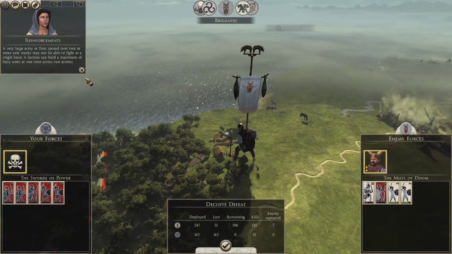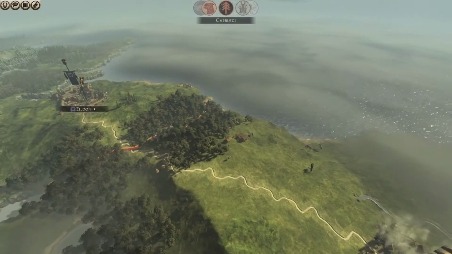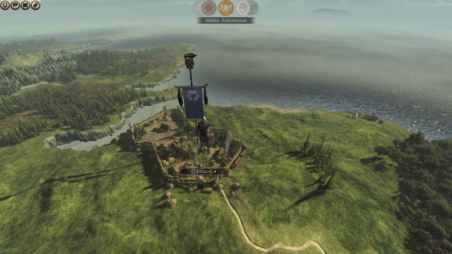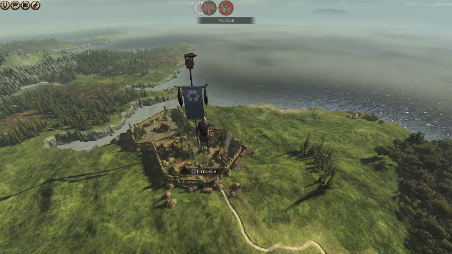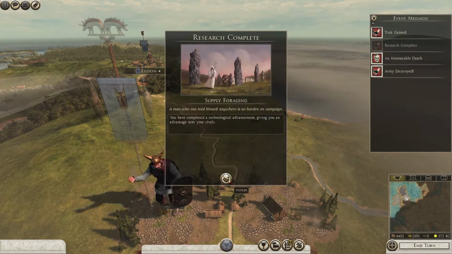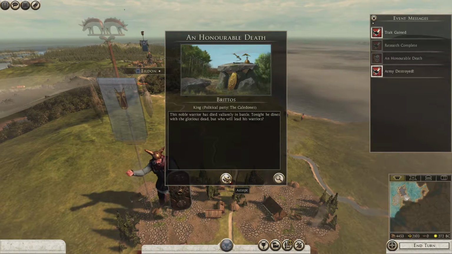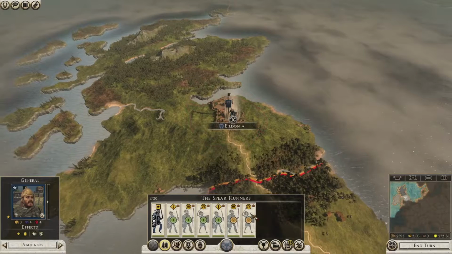Well, that's unfortunate. That's massively unfortunate. Right. Well, our king is dead. Long live the new king, whoever he is. We shall hopefully try and do a better job of that next time. Oh, that was... I kind of expect that to be pretty easy, but apparently not. Apparently it was not that easy. An honourable death. Well, I suppose it was slightly honourable. So yeah, we're just going to...